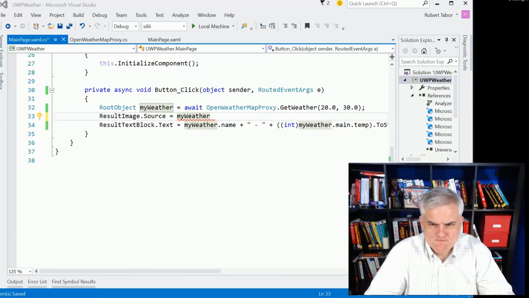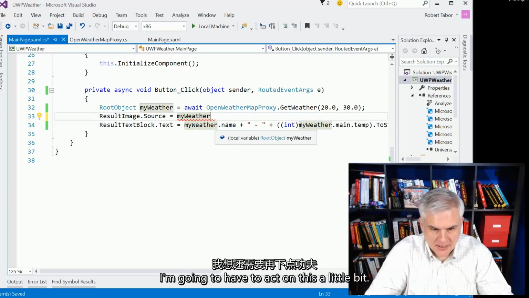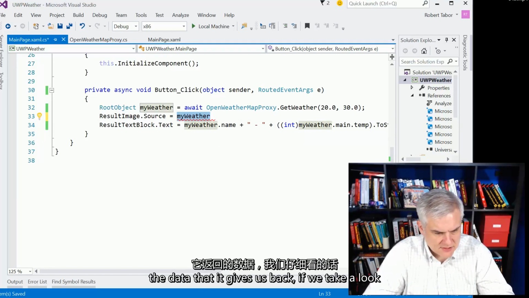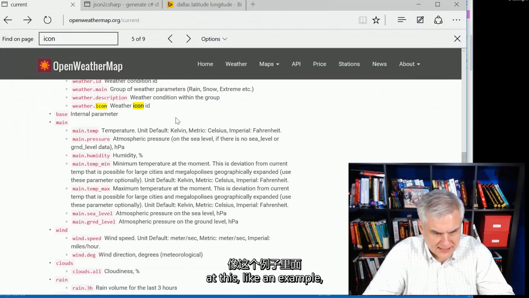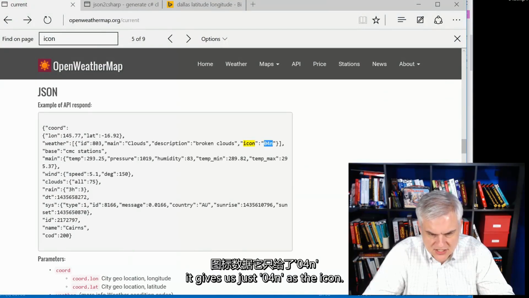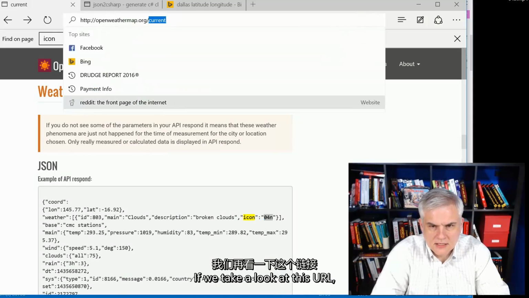and I think in order to get this to work, I'm going to have to act on this a little bit. I don't think it's going to give me back the data that it gives us back. If you take a look at this, as an example, it gives us just 04N as the icon. And if we take a look at this URL,